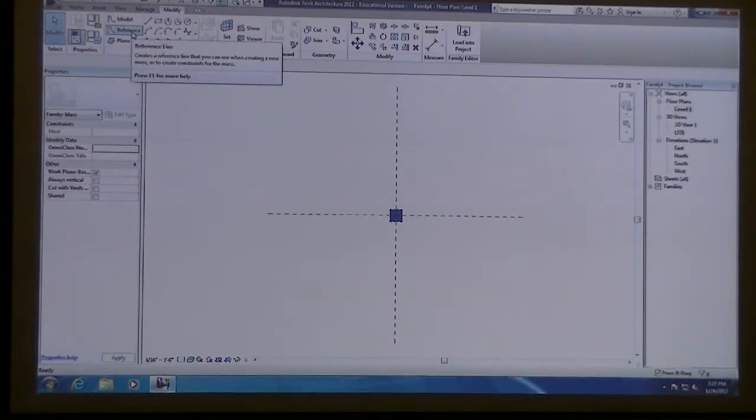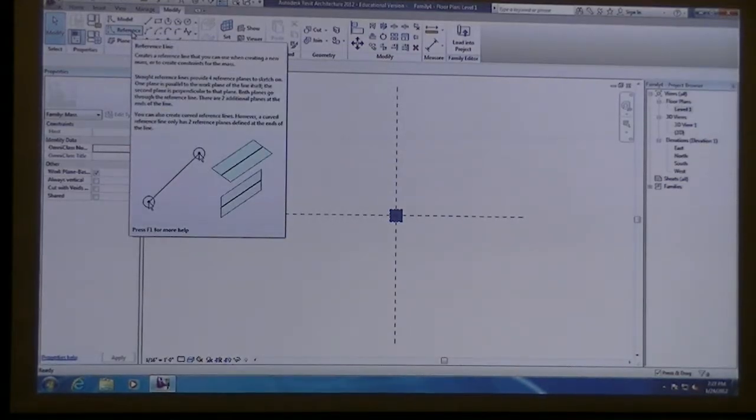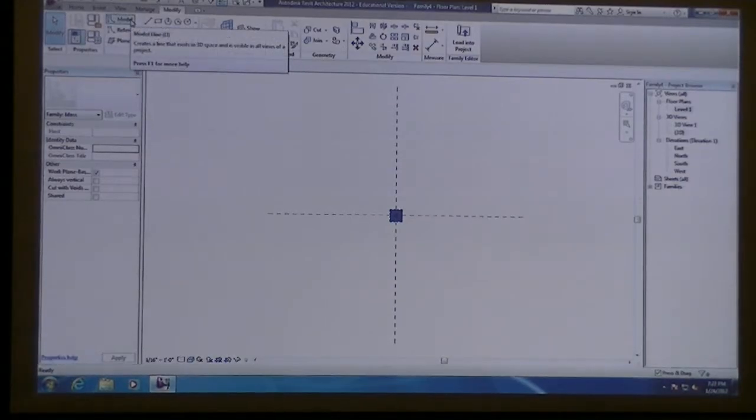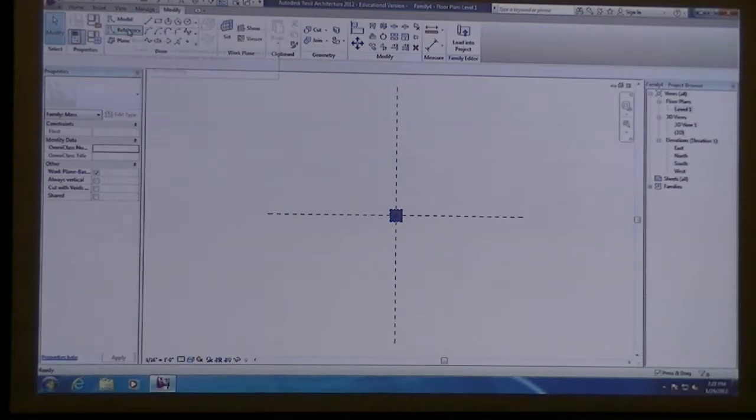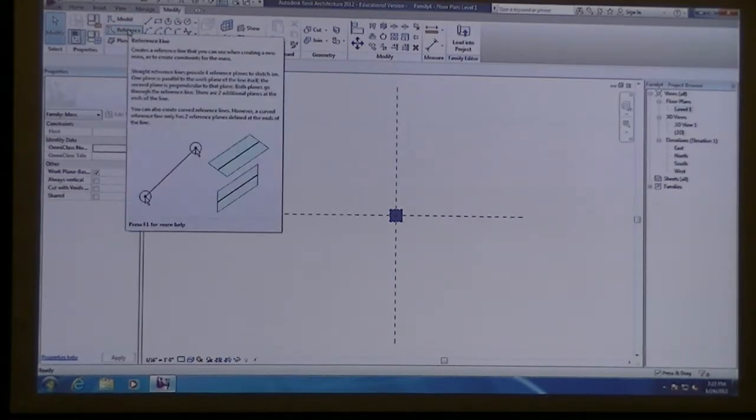I'm going to draw, instead of drawing with a model line, I'm going to draw with reference lines. The difference is a model line is kind of this one-off element that doesn't have any kind of X, Y, and Z planes associated with it, versus a reference line will actually have, you'll notice when we were doing the sweep command and we selected the green line, you saw kind of this dashed X, Y, and Z plane showing up, just like you get when you're actually using the point.